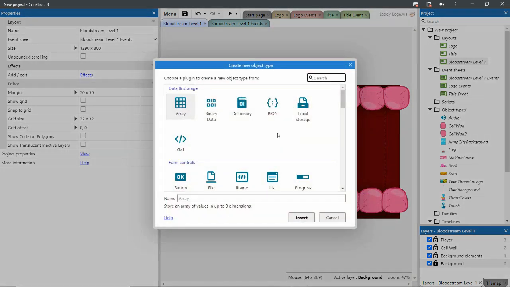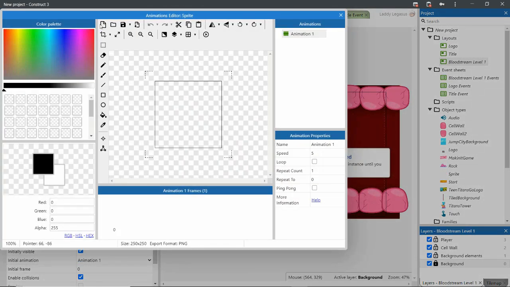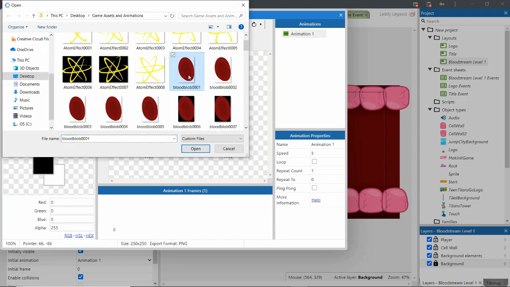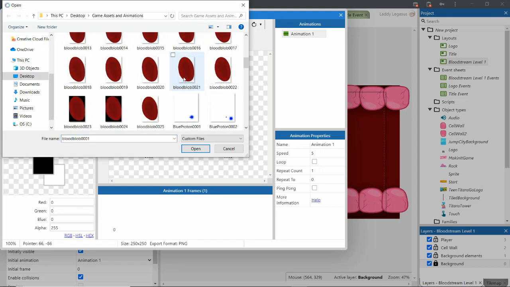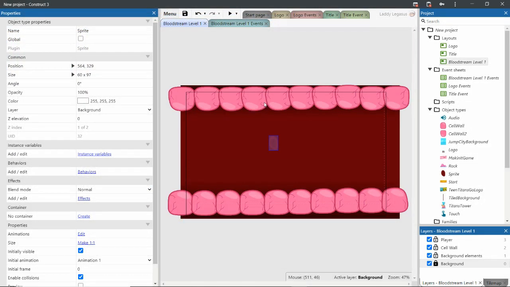So since it's going to be a bloodstream, I want to add a few blood cells flying by. Yeah, adds more detail to it, makes it look nicer,